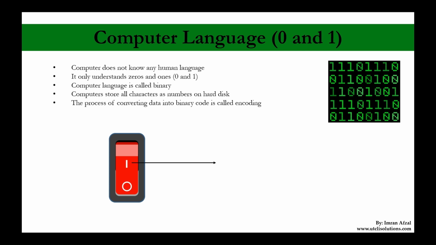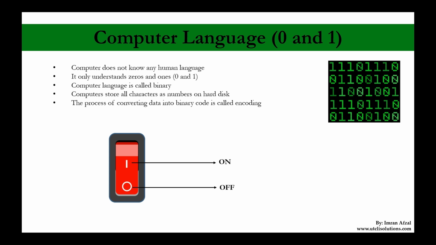So this is the I or 1 that you probably see on your switch. If you go to your switch right now, or if you have an older switch, probably newer switches don't have those 0 and 1 anymore. But if you find one in your house, you look at it closely and you'll see a 1 on top or at the bottom, depending on which country you are in. So the 1 means turn on. Zero means to turn it off. So we all know how that switch works.